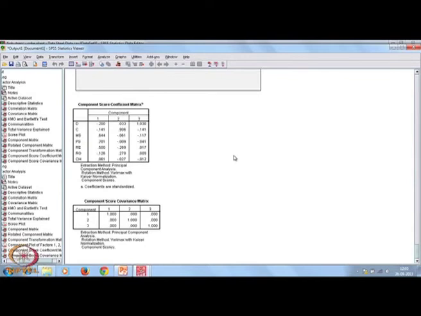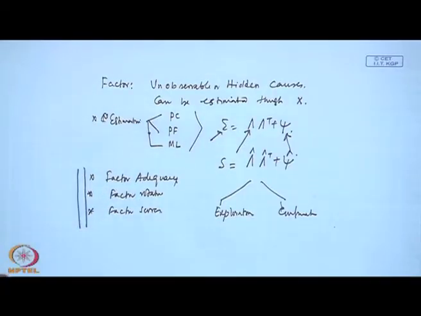Okay. So, I think in SPSS it is very easy to conduct factor analysis, provided you know the theory behind it, otherwise you will not be able to interpret properly. For confirmatory factor analysis there are many other methods of estimating the model fit.